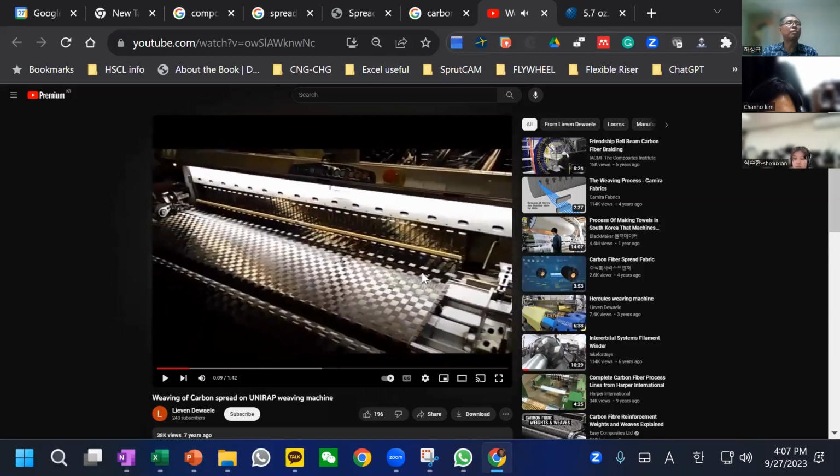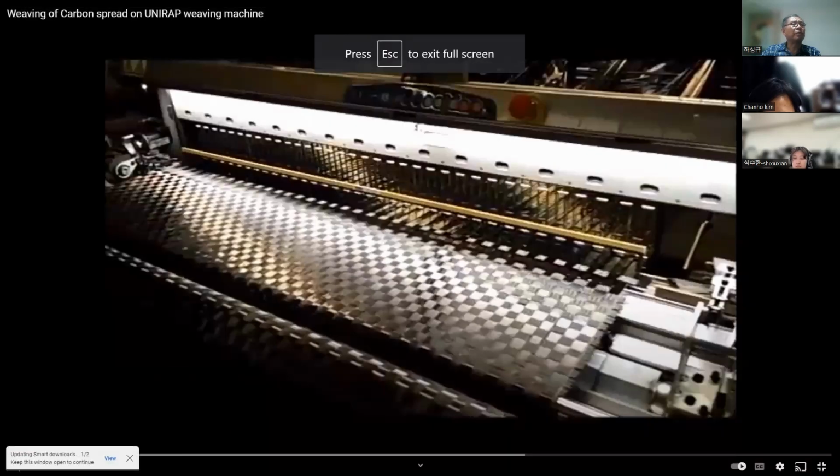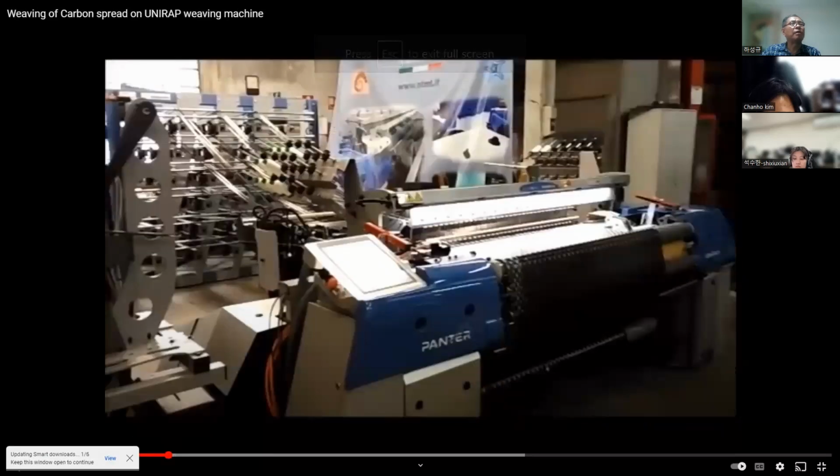okay, it doesn't move, but you can imagine that each one, you see, this is a little bit wide, which means that each one is already a little bit spread. This is a new technology. A startup company developed this technology, and one goes here and the other goes here. I hope they are showing some movement, but you can visualize each toe will come to many different warp and weft. So it's exactly the same as